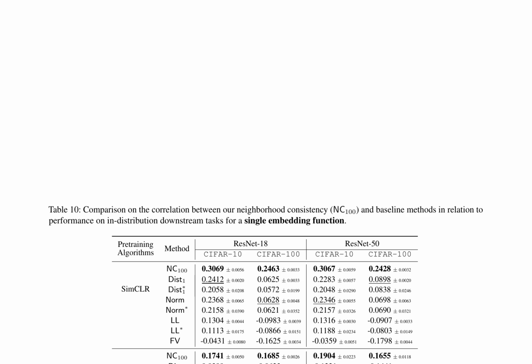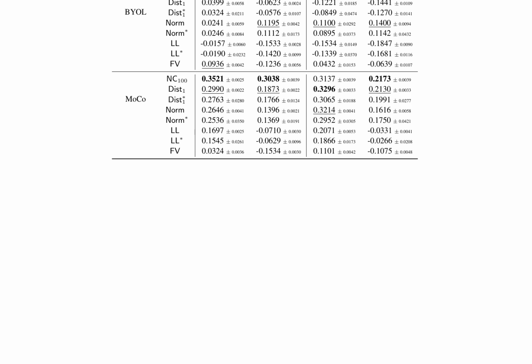The table also highlights the performance of various baseline methods, including BIL, DIST, NORM, LL, and FV, under different pre-training algorithms and architectures. The results indicate that NC100 consistently outperforms these methods, emphasizing the importance of incorporating neighborhood consistency information in self-supervised learning. Furthermore, the standard deviations provided in the table indicate the robustness of the proposed method across different experiments. Overall, the findings suggest that NC100 is a promising approach for improving model calibration and downstream task